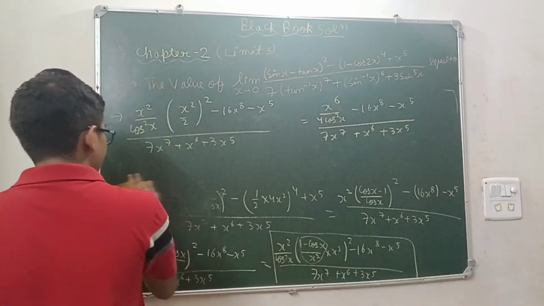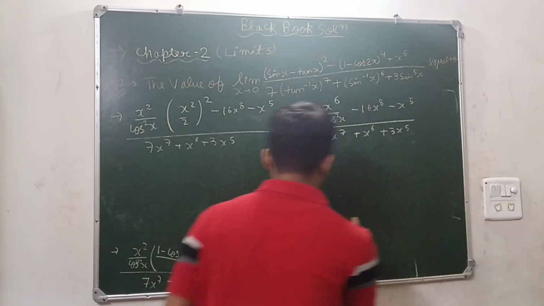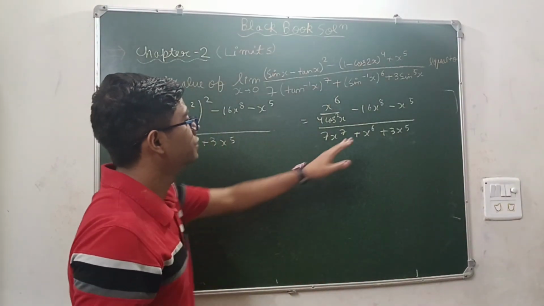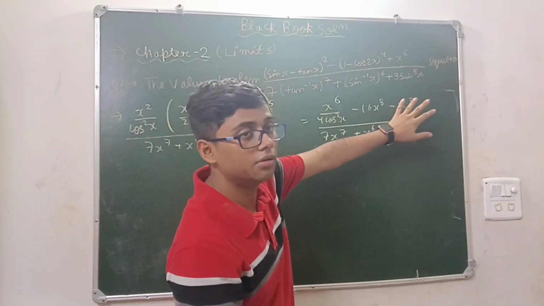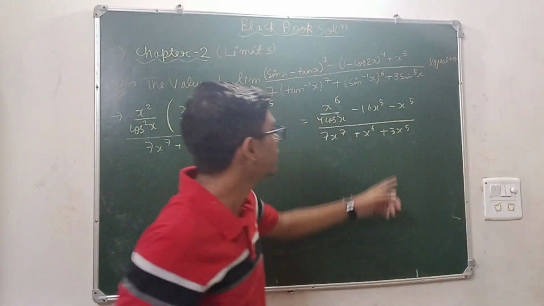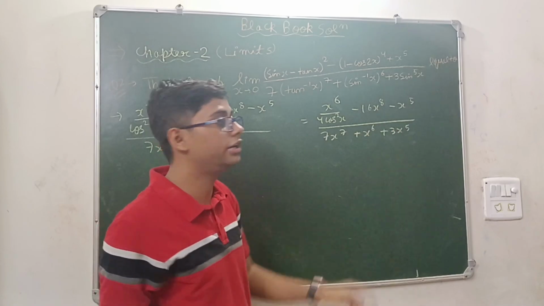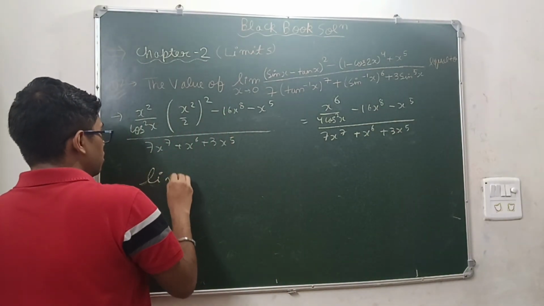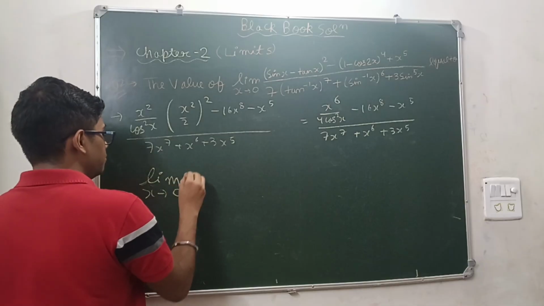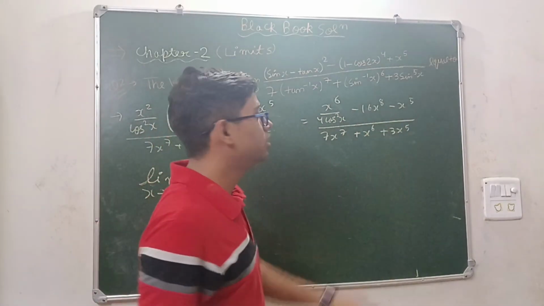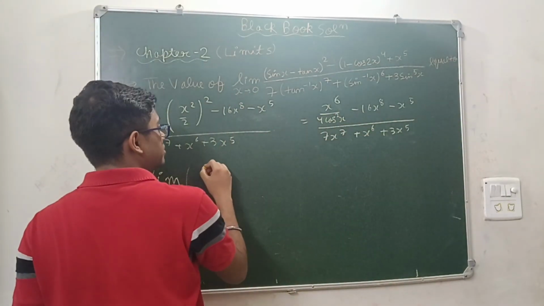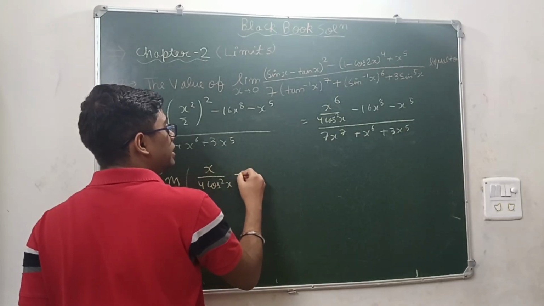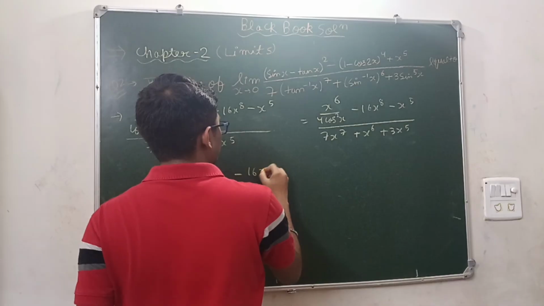Now moving further, here if you now see, you can take the smallest power of x common from here, means x to the power 5 common from numerator and denominator as well. So our final limit will look like this. Limit x tends to 0. You have taken x to the power 5 common from all. Okay, so x to the power 5, x to the power 5 cancel. This becomes x upon 4 cos square x minus 16 x cube.